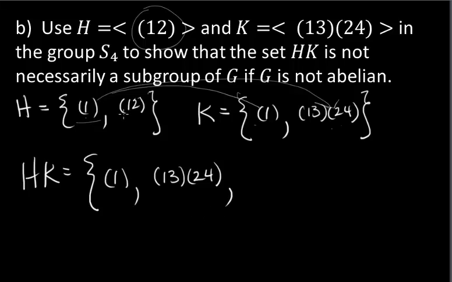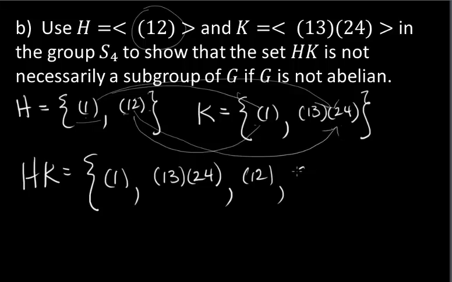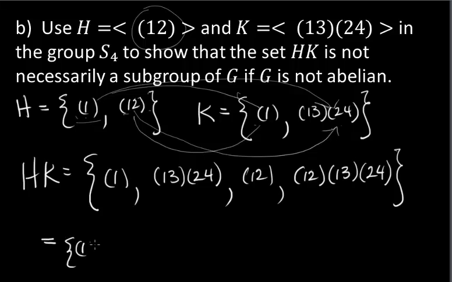Okay, well now (1 2), I want to multiply (1 2) times the identity, and I get (1 2). And then I want to multiply (1 2) times (1 3)(2 4). We have to calculate this one. They are not disjoint, but that's the only one you had to calculate in here. Elements of H on the left, K on the right. You have 4 of them. And so we get the identity, (1 3)(2 4),